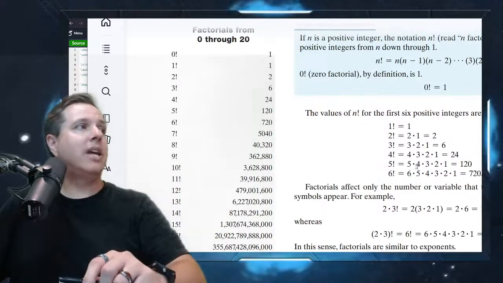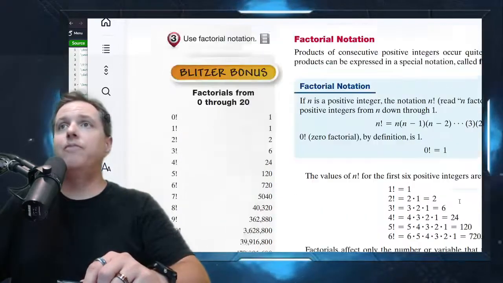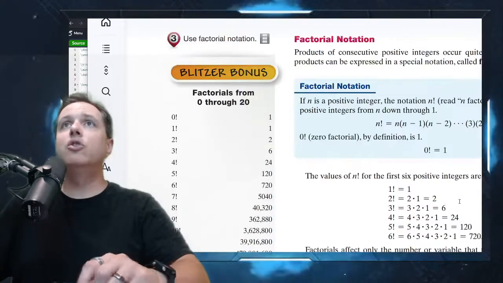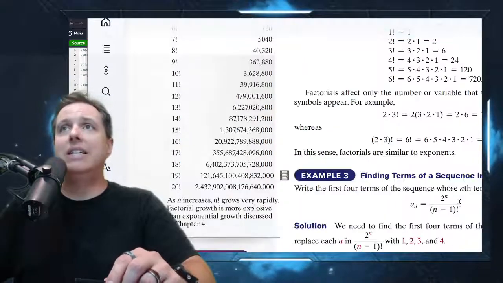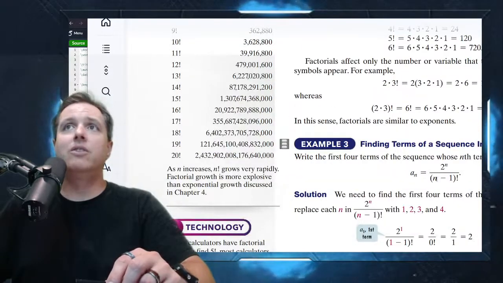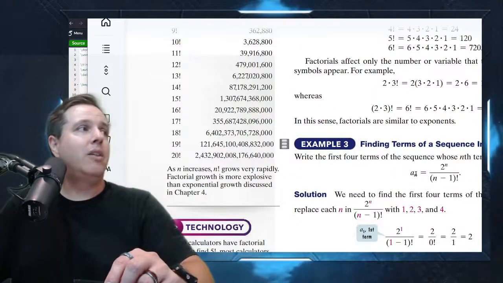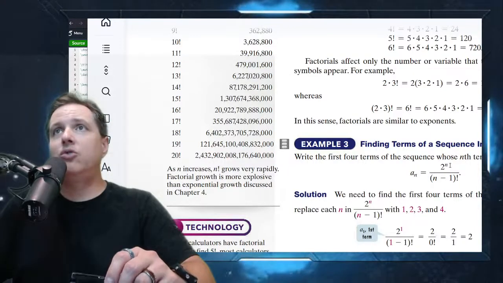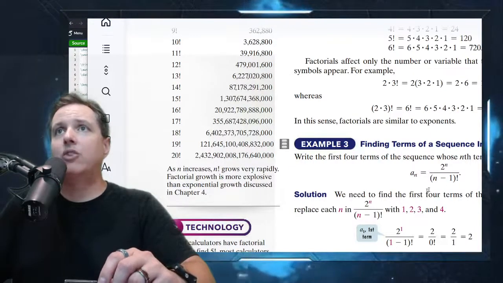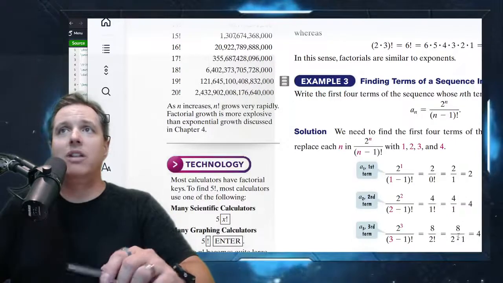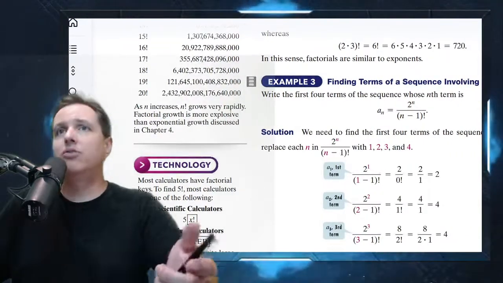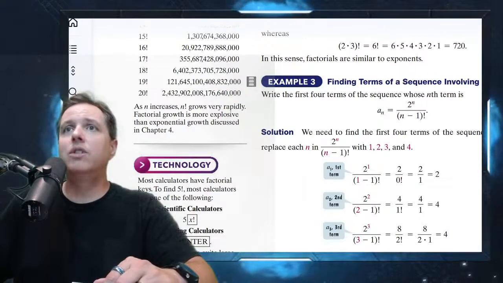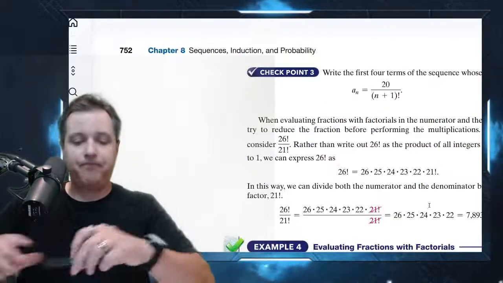Right, and here's some example factorials right here for you. So you'll see they'll start using this factorial notation in your sequences and stuff like that. So like here's an example where the nth term of this sequence is 2 to the n over n minus 1 factorial. And then you're just going to calculate those when you calculate the terms that you're dealing with. So nothing real tricky going on there. So, you know, whichever term it is that they say they want.